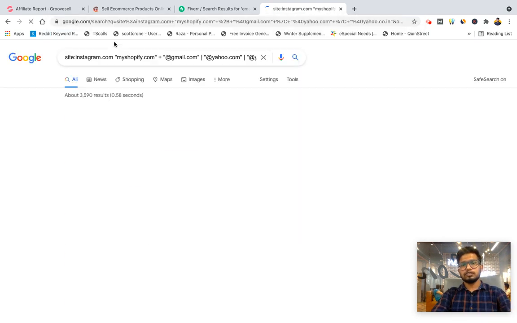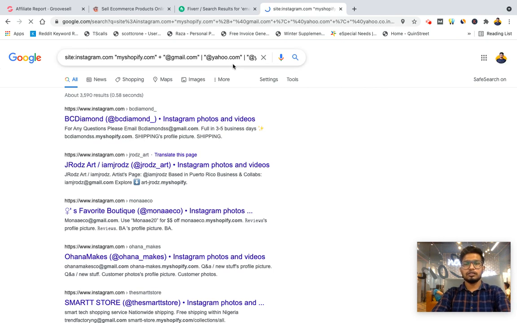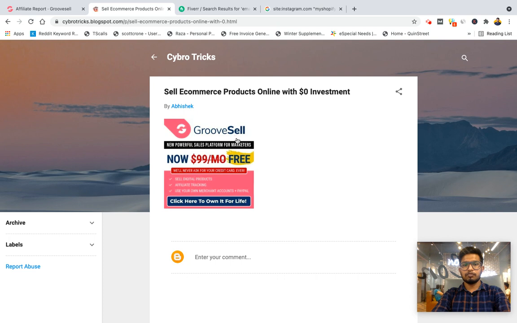It will give me the list of bloggers or e-commerce sellers who are using the myshopify.com subdomain to sell their products. These are hot leads, meaning they are using myshopify.com. They know Shopify, they know how to sell online. Now if you give them a new platform, GrooveFunnel, they are likely to be converted.